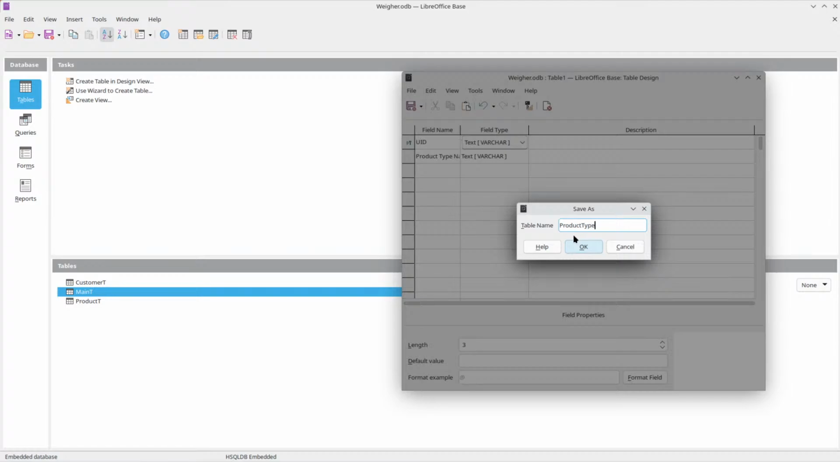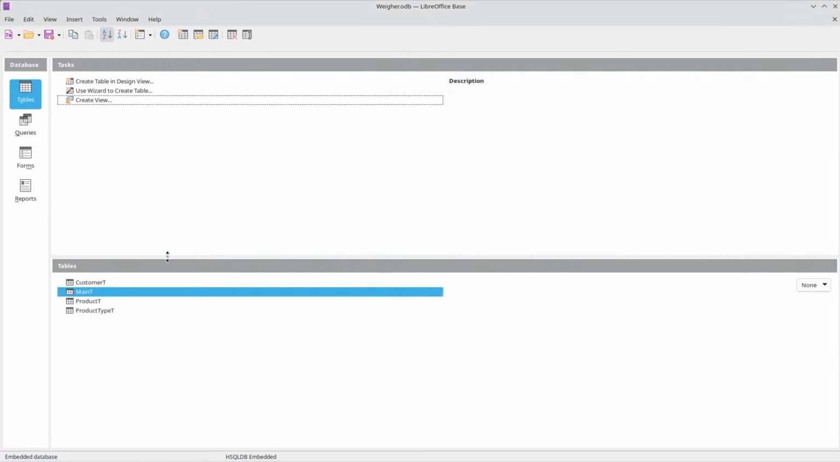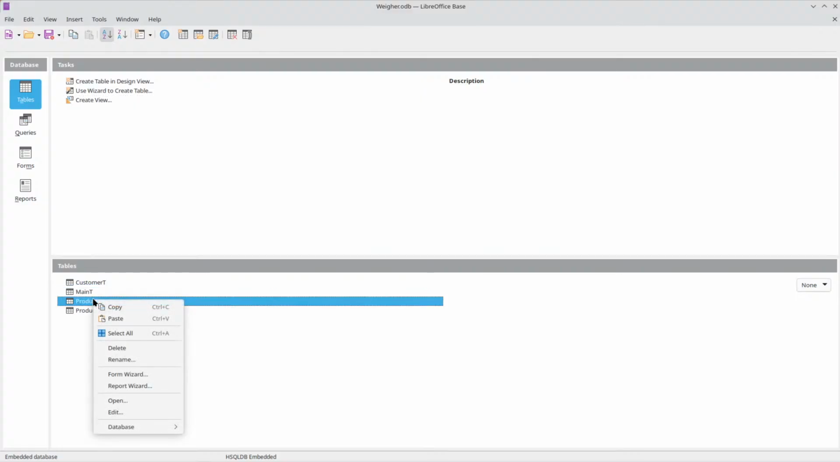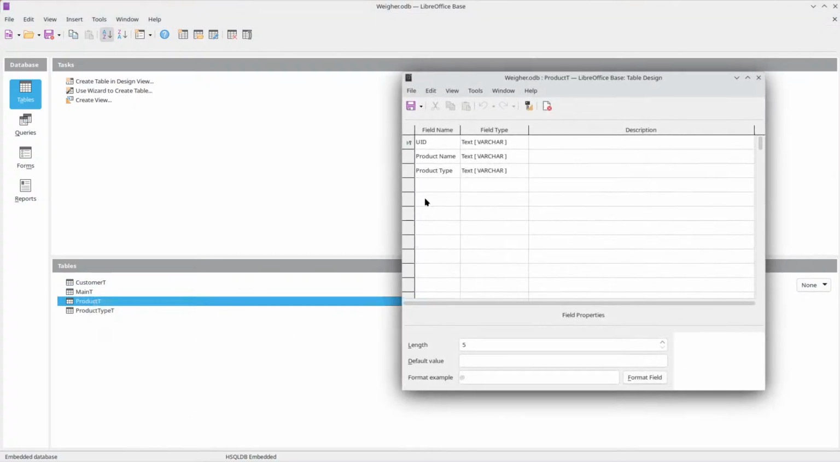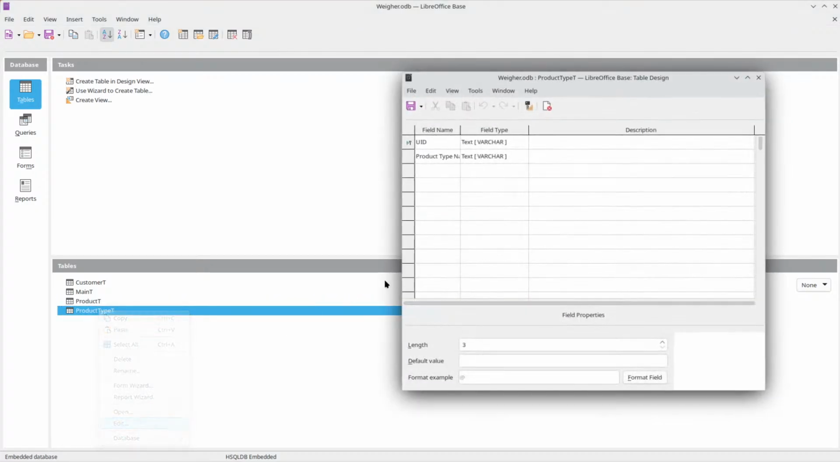Product type table, and product table. Wait a minute, product type, this should be 3. Product type, this is 50, this is 3. Okay, enter required. Okay,